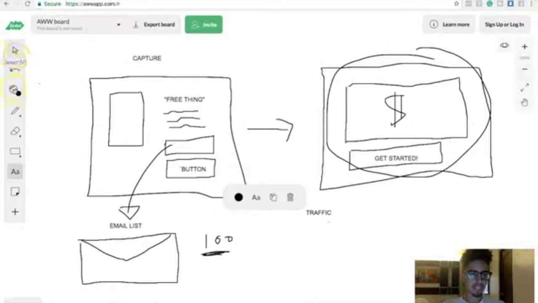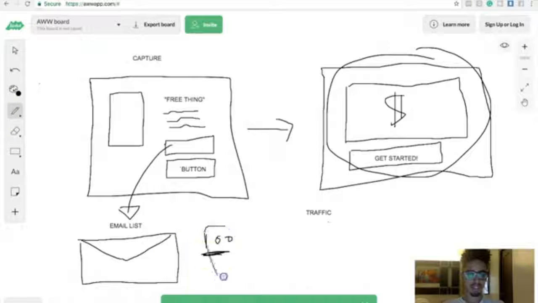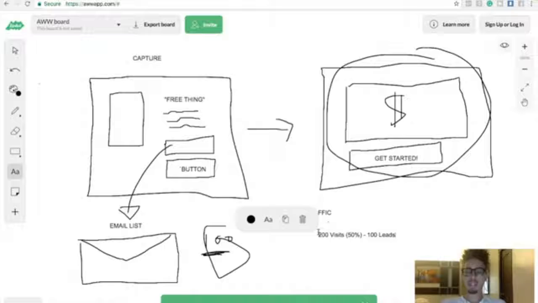So basically, with that being said, if our goal is 100 leads per day, then that means I need 200 visits. If my opt-in is 50%, 50% of 200 is 100 leads per day. So, with that being said, our goal is 200 visits.